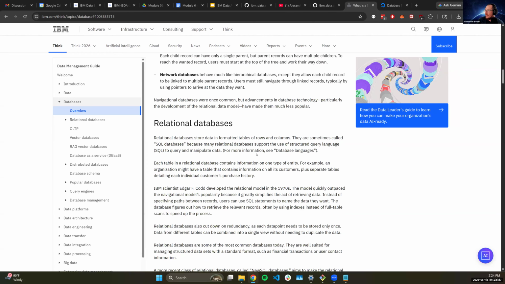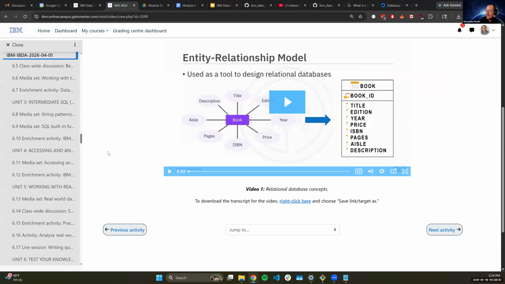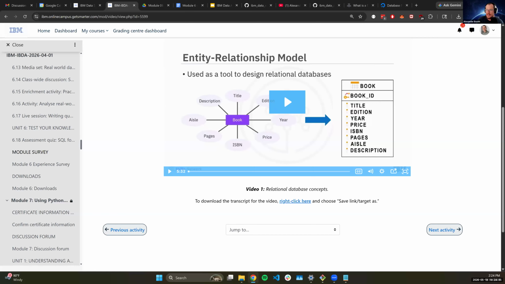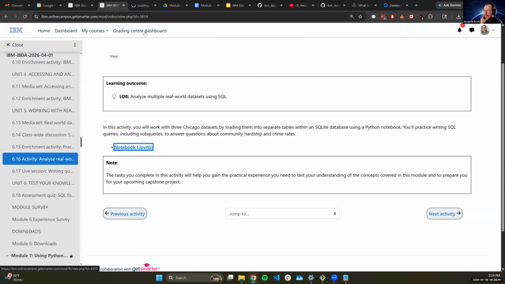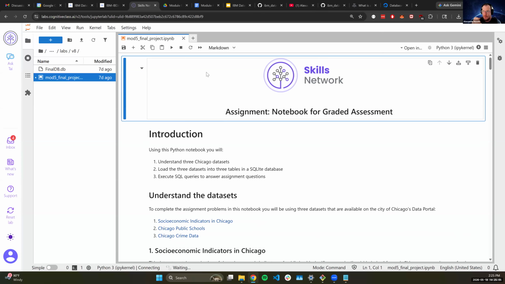All right, let's jump into the notebooks and then we'll do the quiz and get out of here. We're just going to jump into the only notebook that I really care about this week, which is going to be 616, being able to write queries against the Chicago data sets. In this notebook, we're going to read data from multiple locations. We're going to write that data to a database, and then we're going to write a handful of queries. And then at the end, we're going to execute those queries and bring the results back into a data frame, which we can then use for visualization or analytics with pandas.